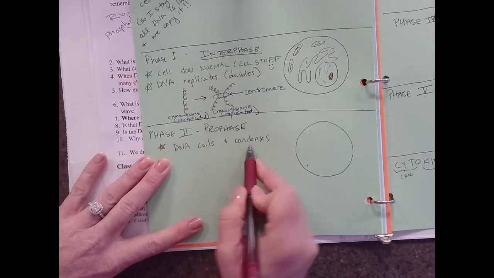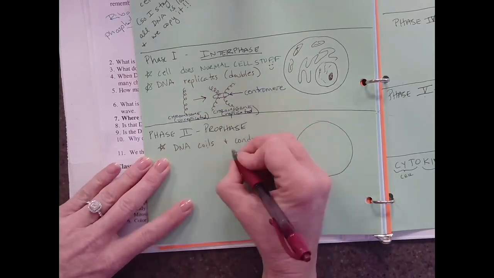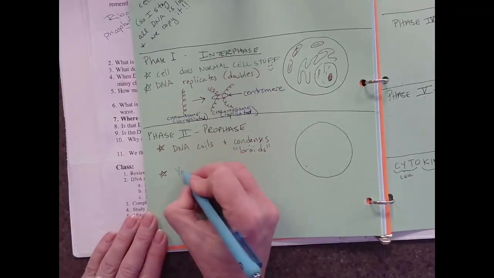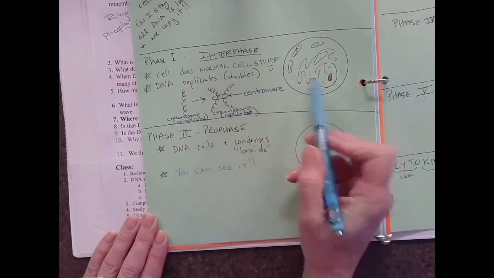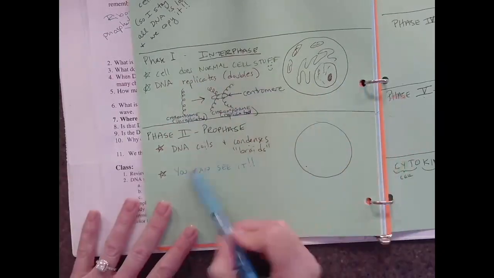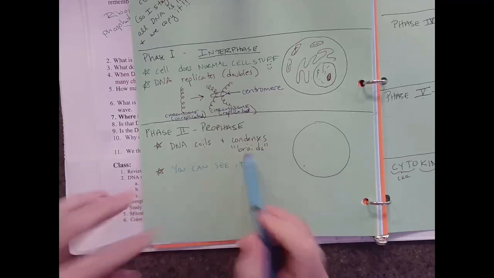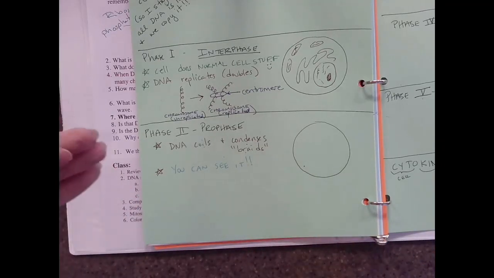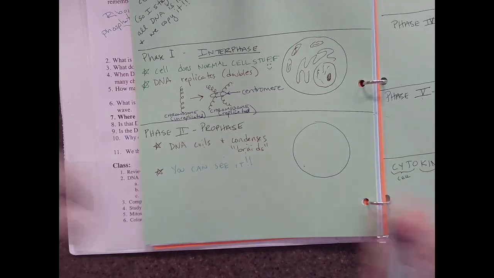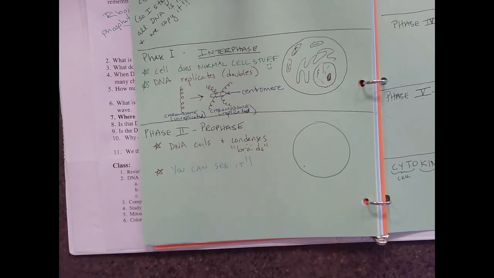DNA coils and condenses and becomes a braid. You can see it. Can you see it in interphase? No. Can you see it here? Yes, because it's in braids. Just like hair. If you're flying over a field and you're a hawk and I took all that hair and put it into a braid and threw the braid onto the field, you can see the braid on the field